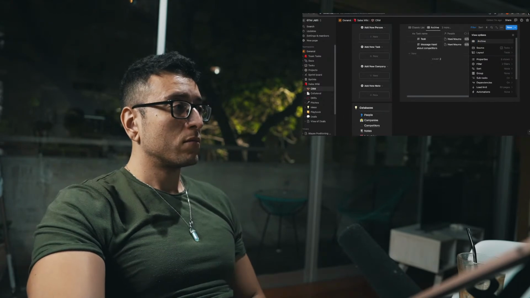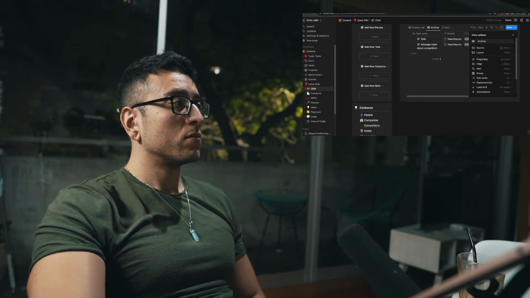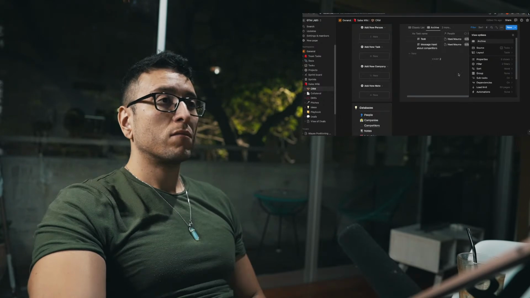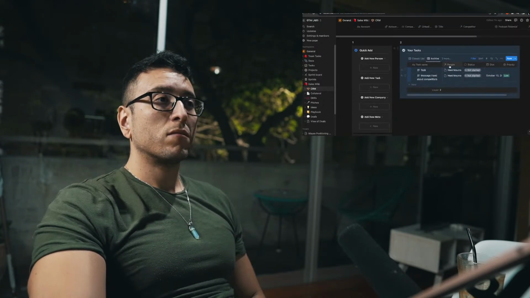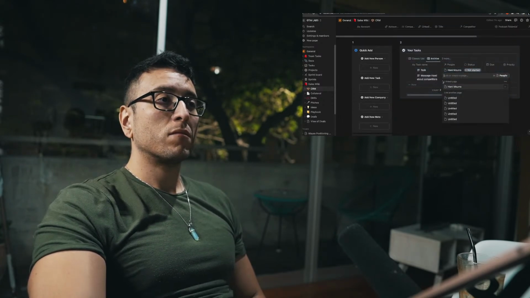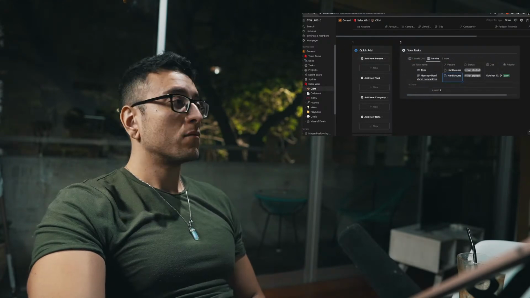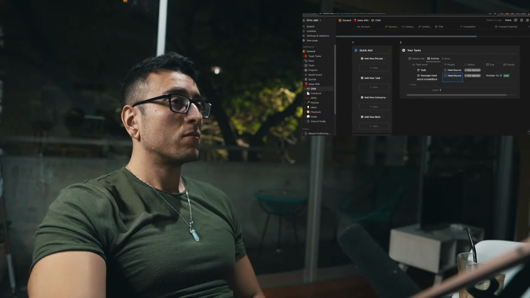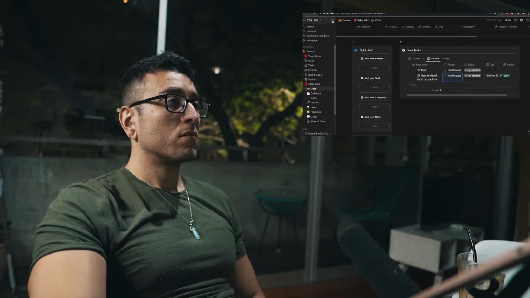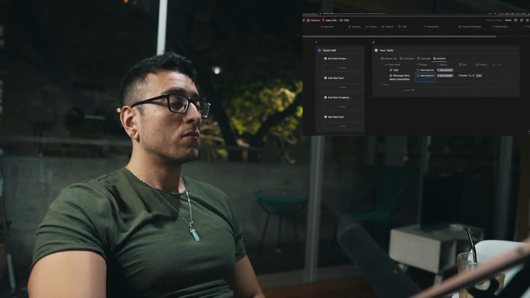Hit enter, and we're going to get rid of this title by hiding data. Database title, and we're just going to click on the filter, go to more, status is